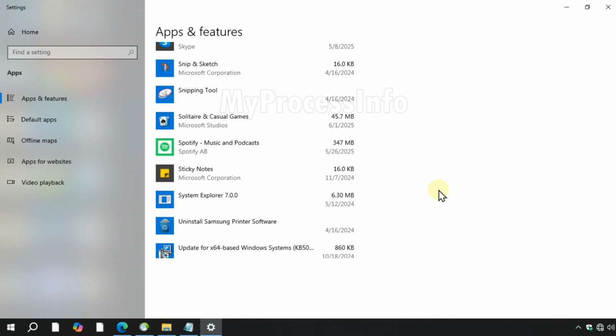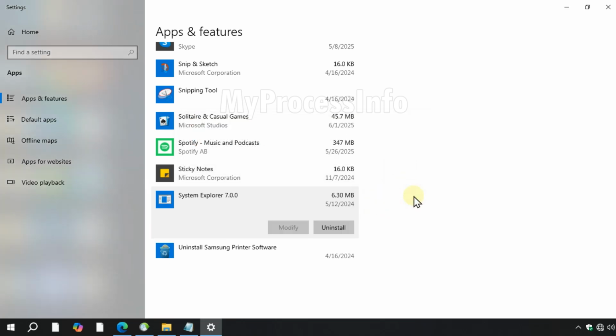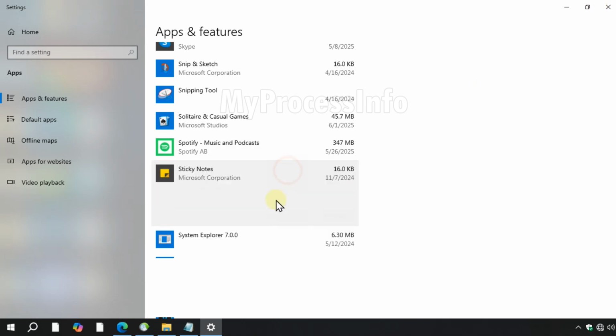Hey guys, if you're trying to install any software from the apps list and it shows an error like Uninstall.exe not found, then this video is for you. So there are two working methods that can help you to fix this issue. If you don't have the software setup file but you still want to remove it from the apps list, follow